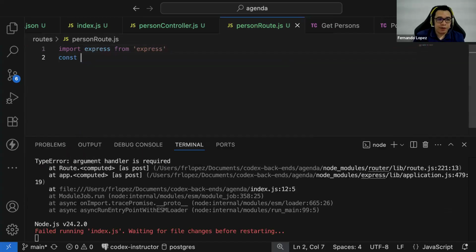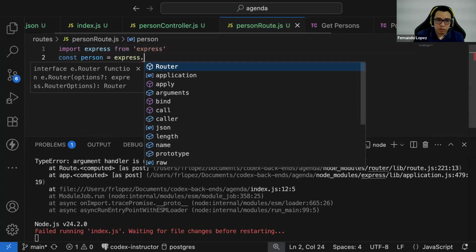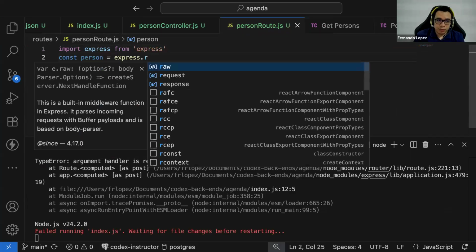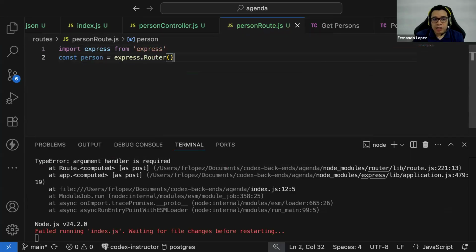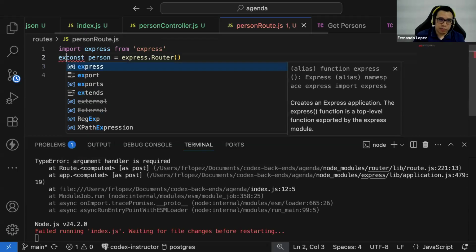Now I'm going to create a variable that is going to be named as the name of the table too, person, and this will be equal to express.Router, because it's going to be converted to a router. And a router, guys, is a mini app. It's like the same stuff. So to this mini app, we can add the method post and the method get. So this is going to be an exportable variable too.